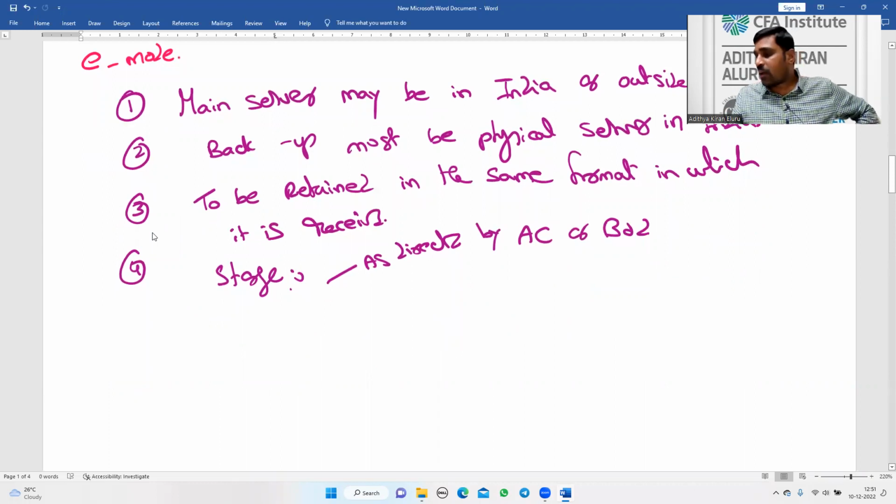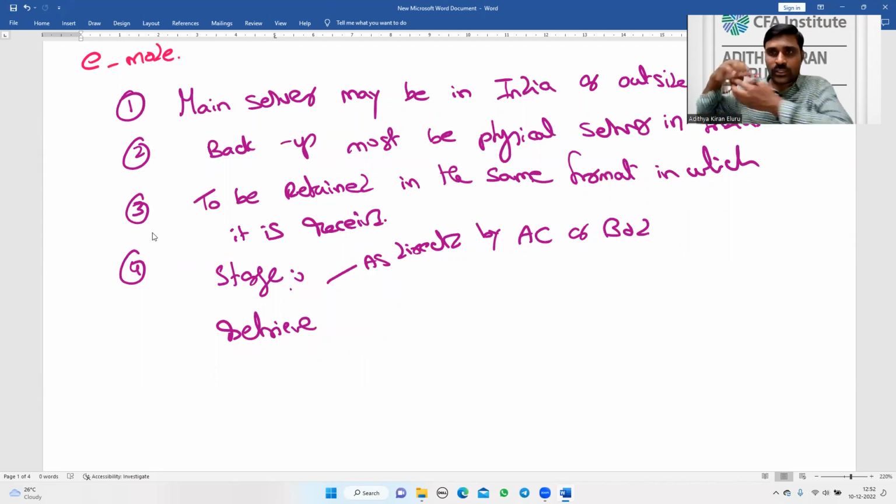When I store it, I should be able to retrieve it. Take the information, store the information, and retrieve the information whenever you want. So retain, store, and retrieve. I have to gather the information from external sources, store it, and again retrieve it whenever it is necessary. Okay, retain, storage, and